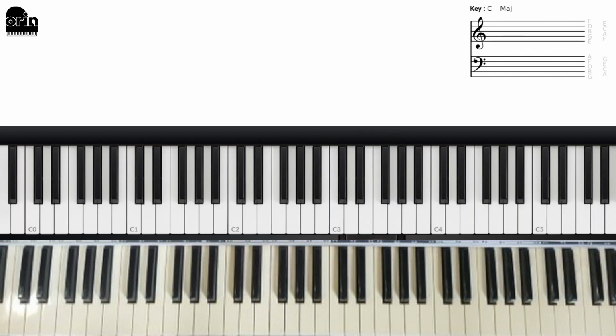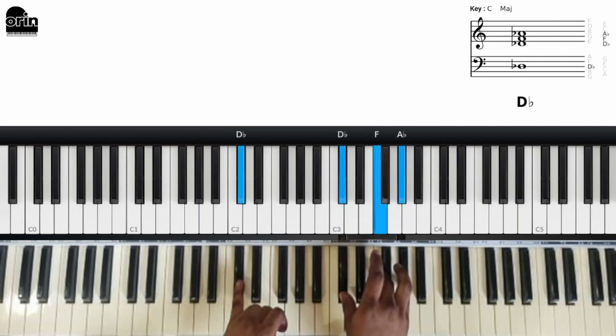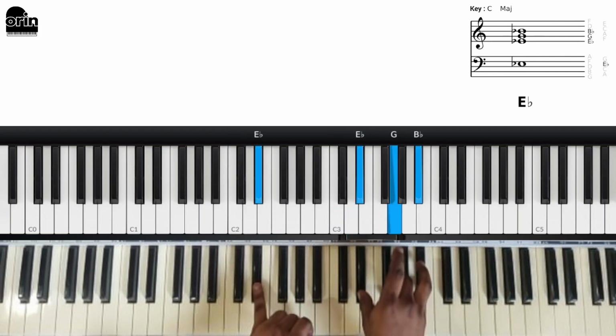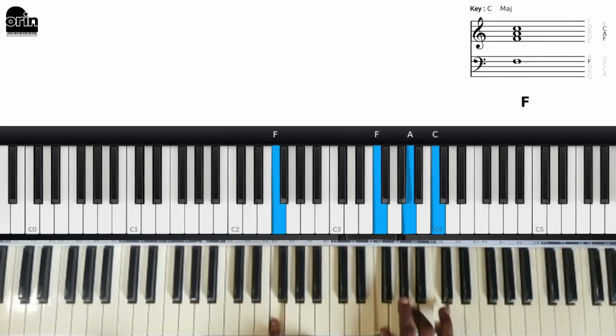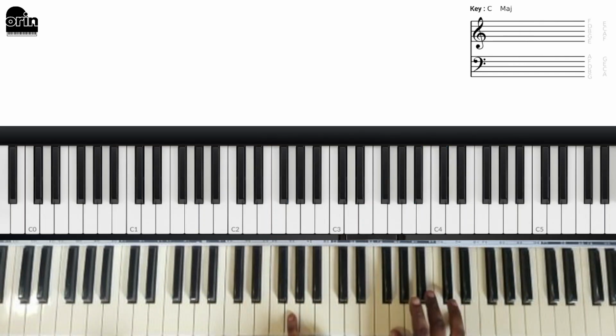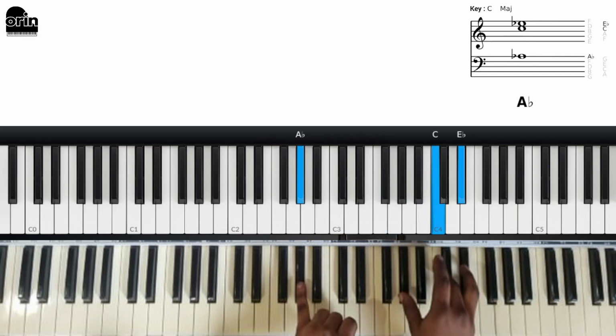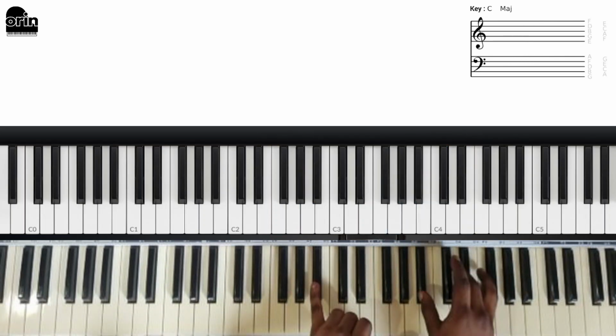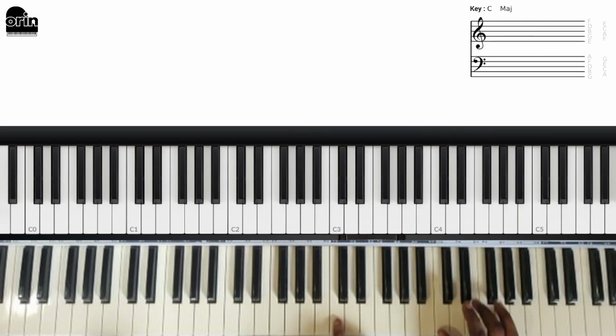Take it as an exercise on both hands. Exercise, because sometimes you will need to, after you've mastered this, just say, okay, now I want to play this